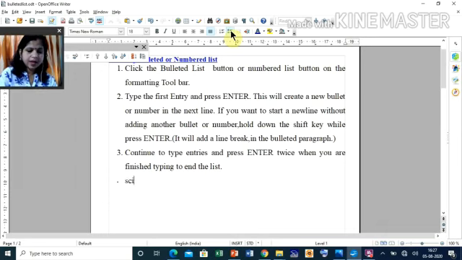Suppose I will write here science. Another one: suppose I will write five fruit names here. Suppose I will write apple, then orange, then banana.